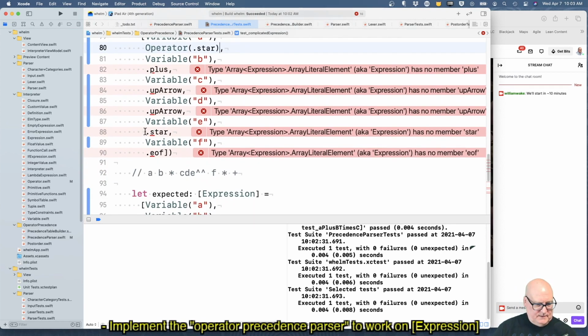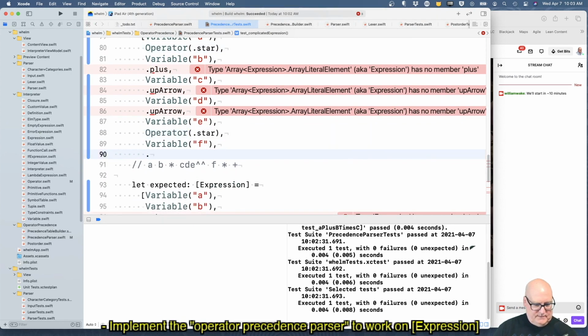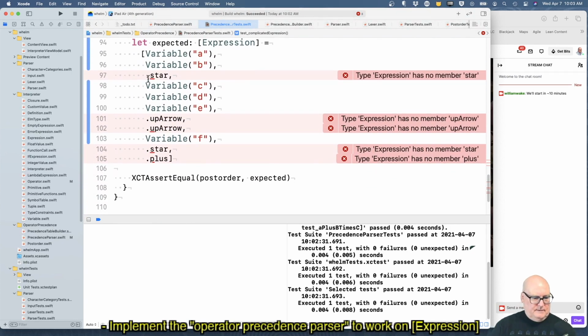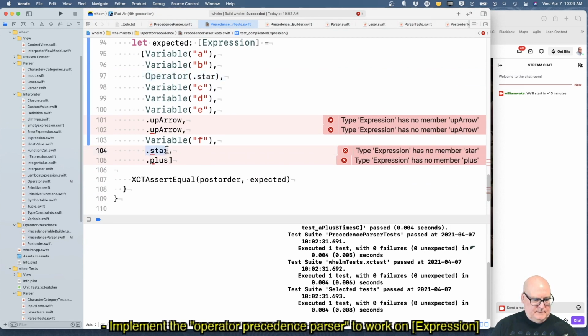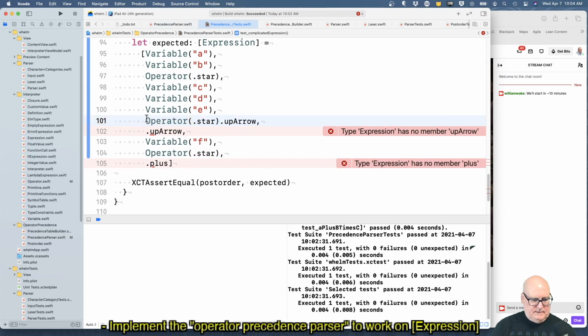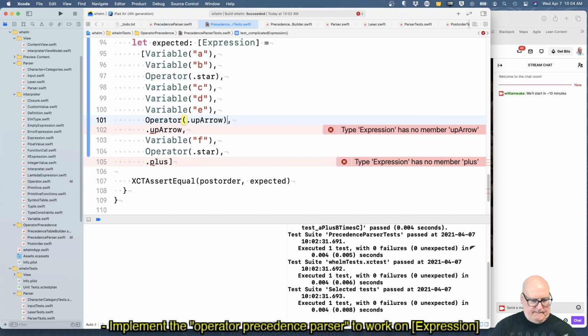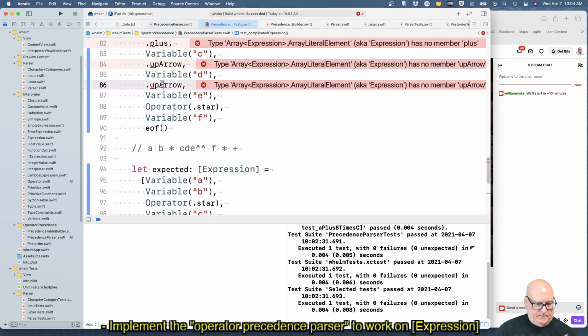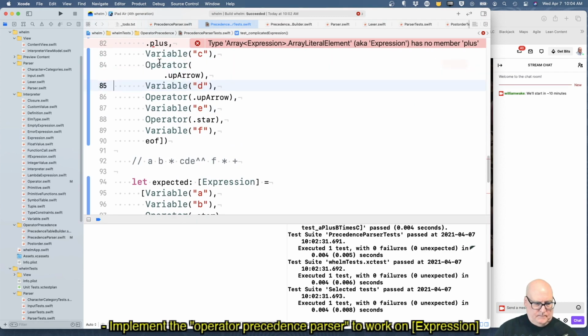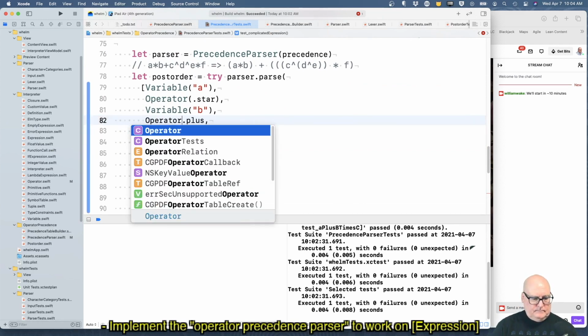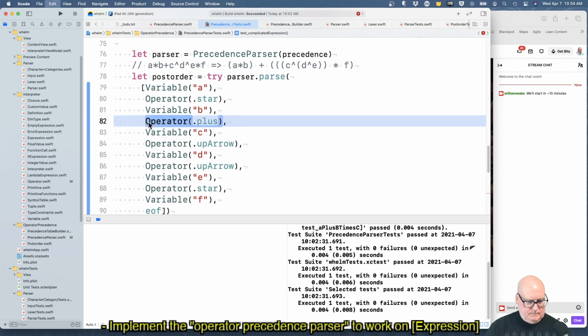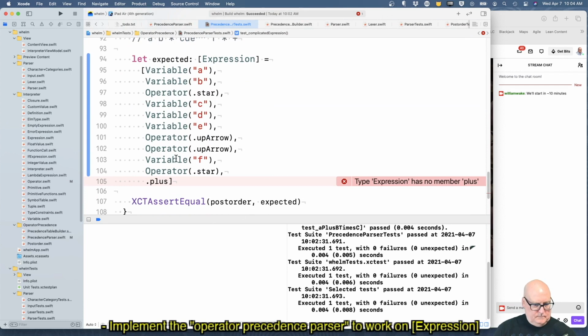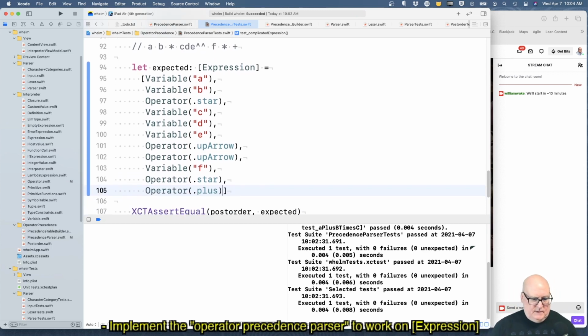Star, star, plain EOF. Oops. This one is A, B, C, D, E, F, star, up, up, star, plus.